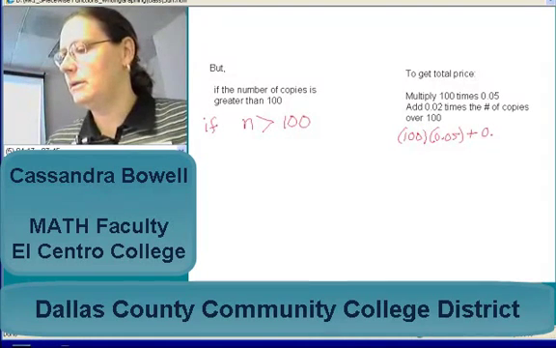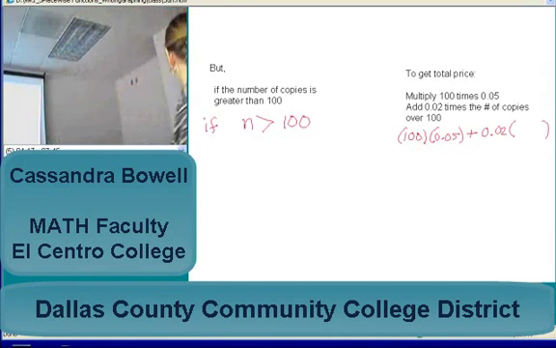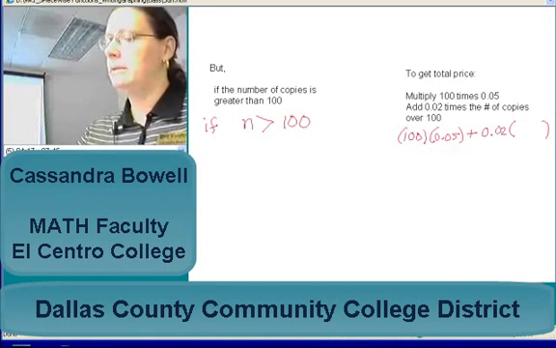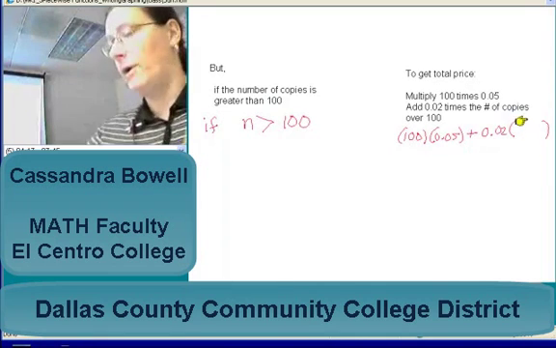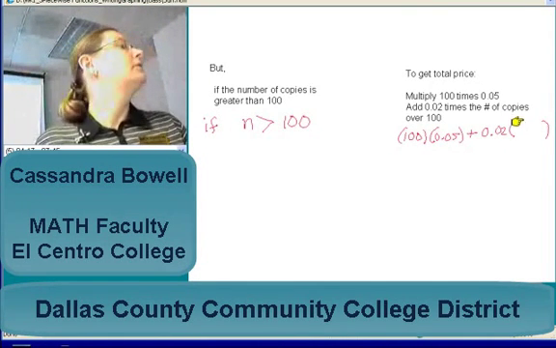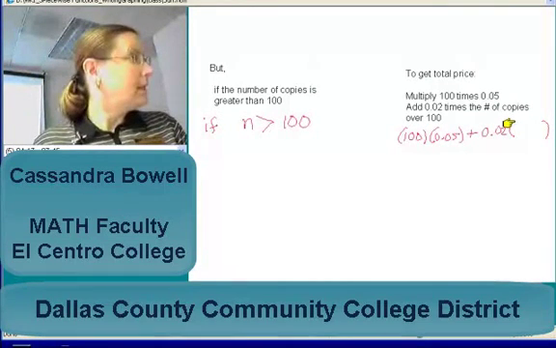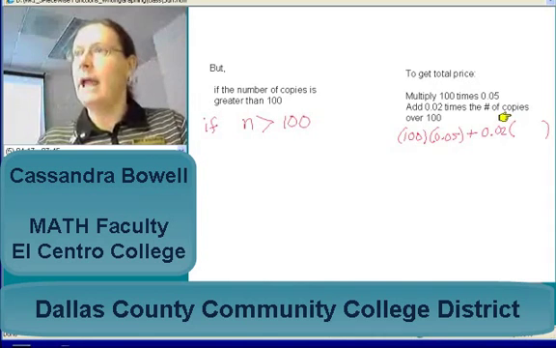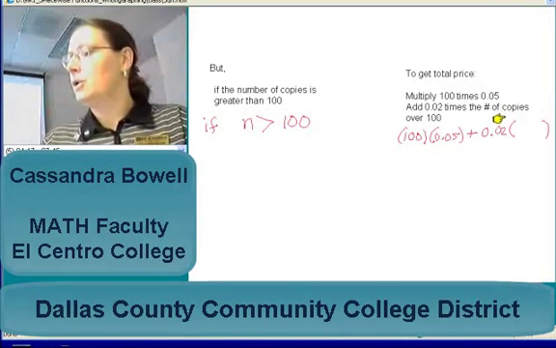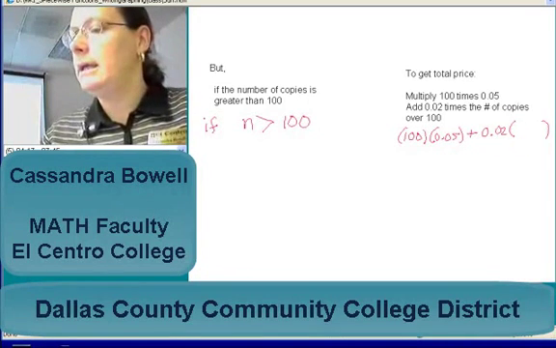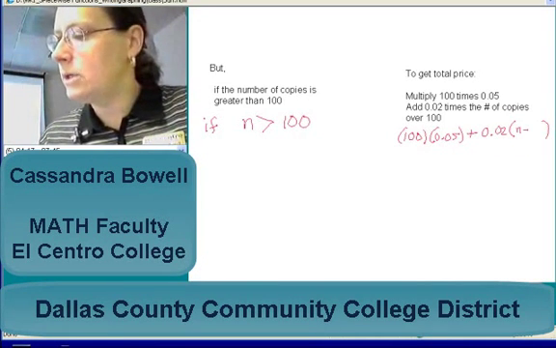That's right. Did y'all see where he came up with that? Because I need to have something in here to multiply by 2 cents. Well, for instance, if I have 180 copies, then I get charged 5 cents for the first 100 and then 2 cents for the remaining 80, which would be 180 minus 100. So what's going to have to go in here so that I can take care of that rule in general is n minus 100.